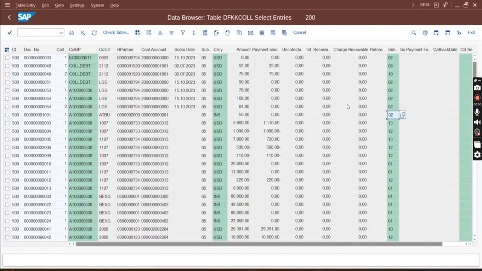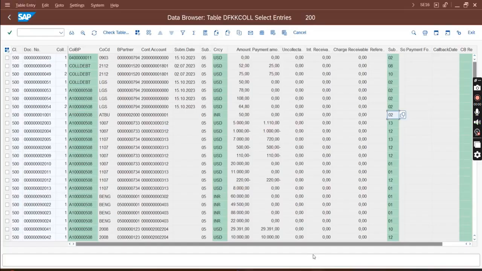Simple table debugging, mostly testers do that. Even for functional testing, we also do it. Or when we feel super lazy and don't want to do all those things, we just do it this way. Now let's see which function modules are called for any activity.